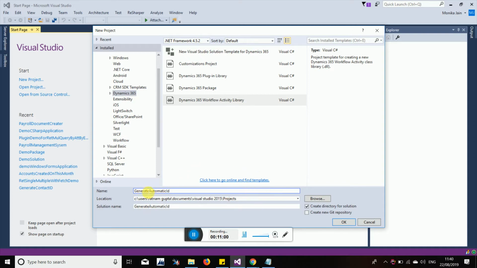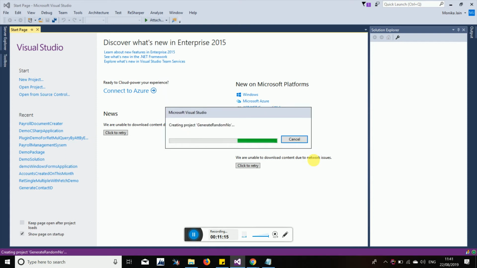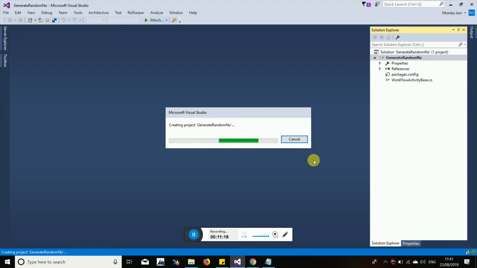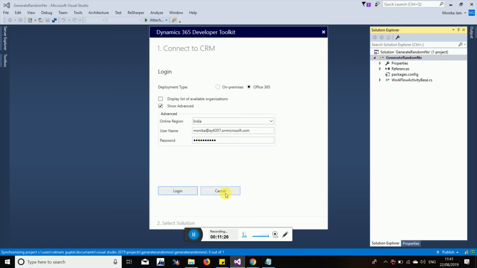Here what we are doing is generating an ID, or generating a random number. So this is not the organization I wanted to connect to. Even this connection is not required, because we will be registering it using the Plugin Registration Tool.